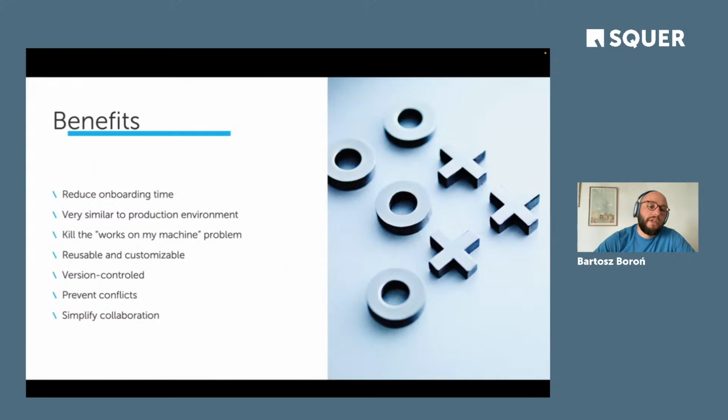Still, it makes it very easy to customize on the Dockerfile level, but also on the dev containers configuration file level, right? We've seen these extensions you can install for different projects. You can have different packages and tools installed for different projects. So it's still very easy to customize.